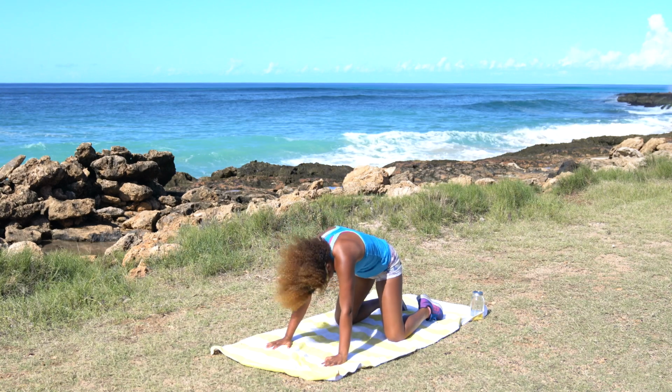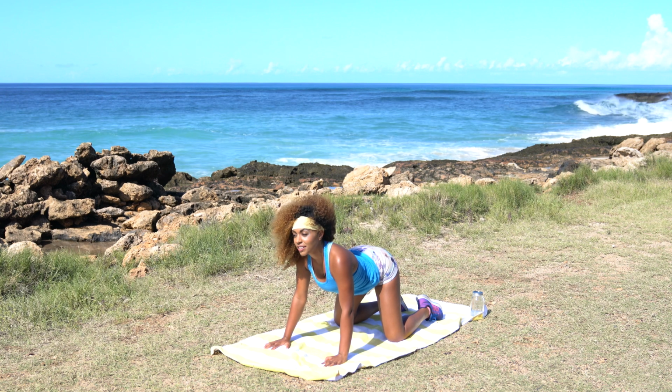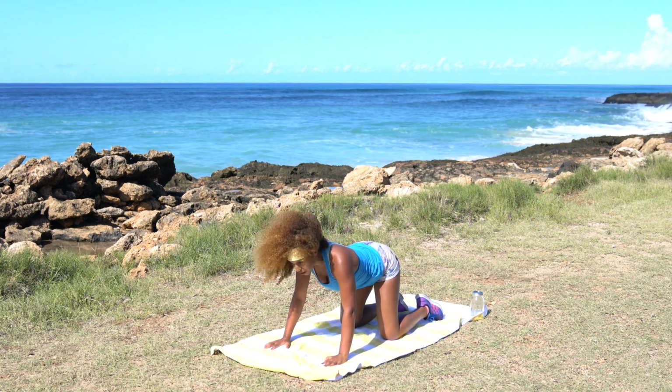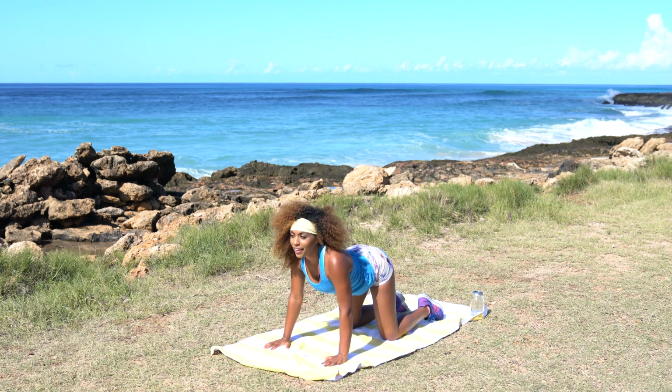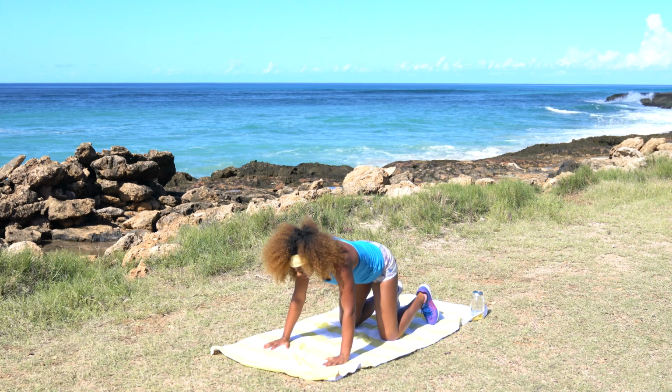And curve, belly button to spine, wiggle it out, get a little weird. Good, big arch. And curve. We'll go with one more each, big arch, and curve. Beautiful team. Go ahead and come to a neutral spine, curl those toes under and peel the hips